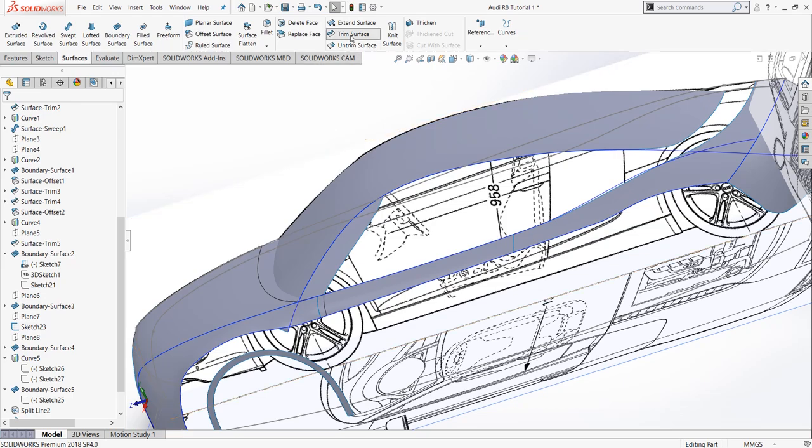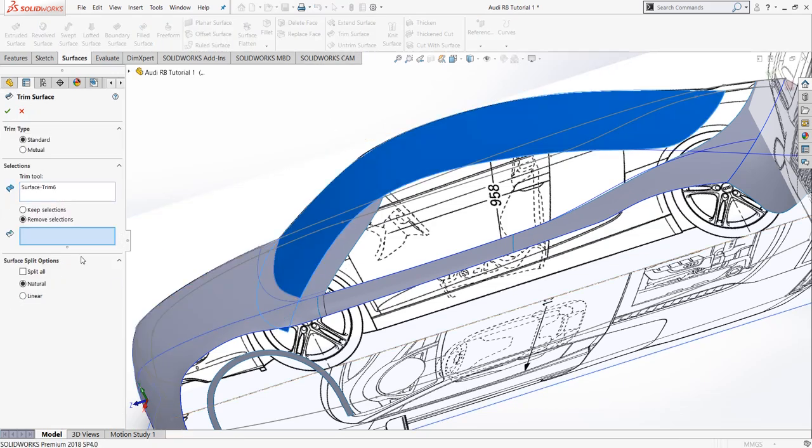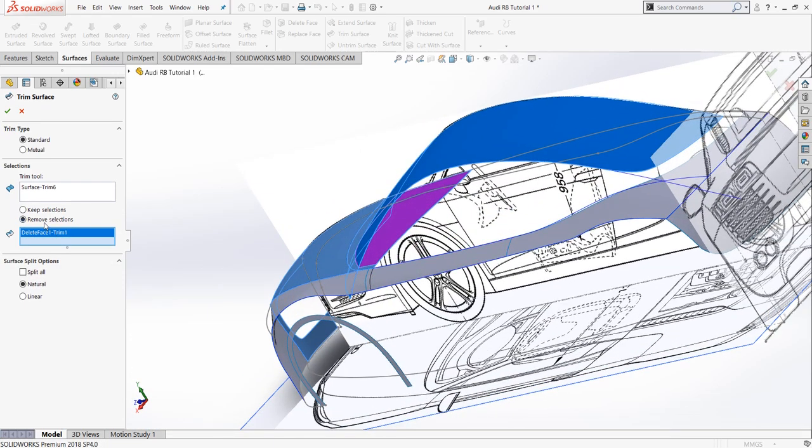Now go to trim surface, select the trim tool as this surface and select this surface and make sure that remove selection is selected. Then click OK.